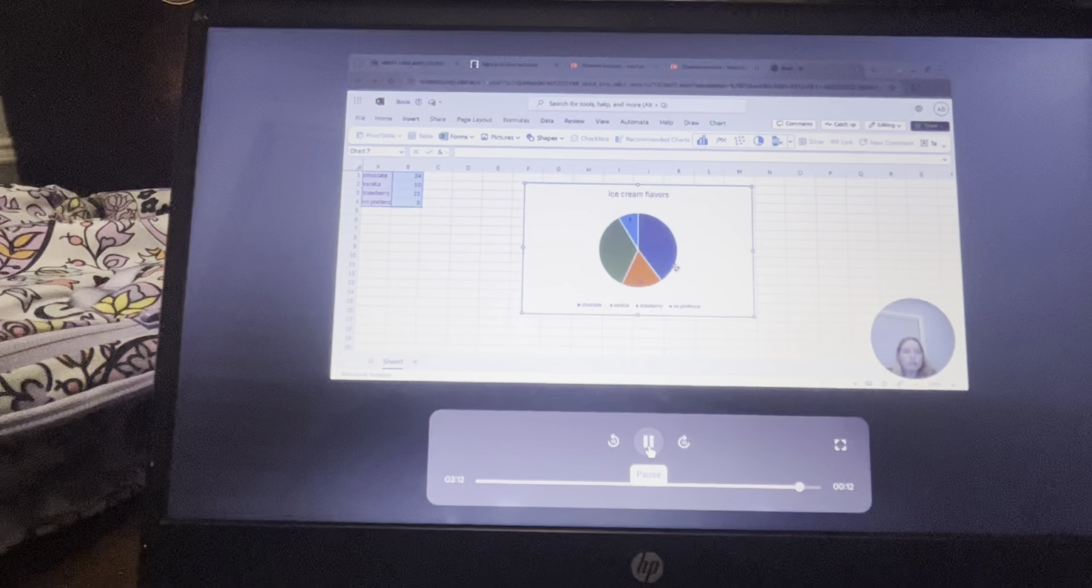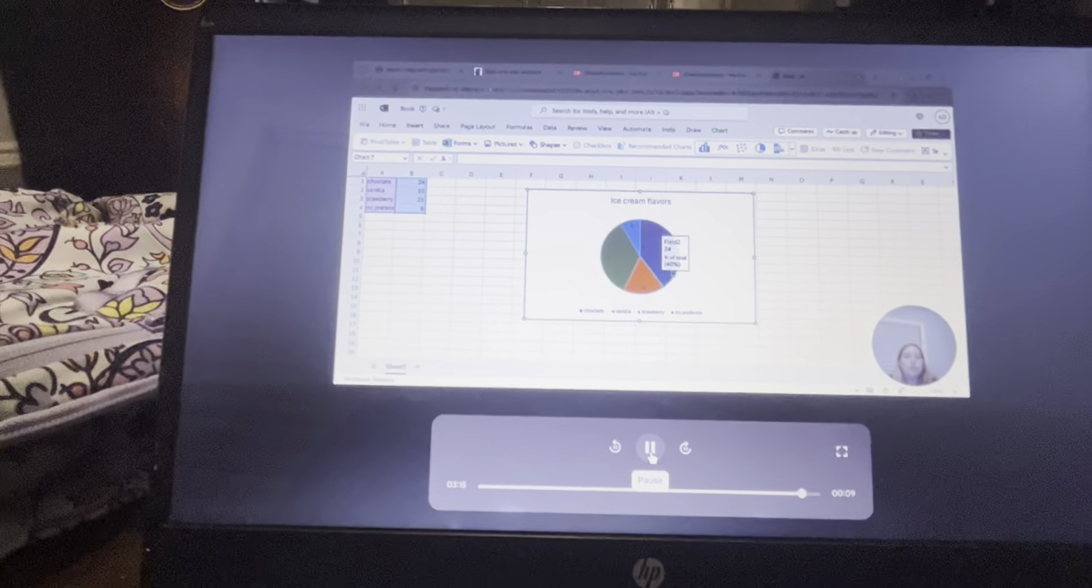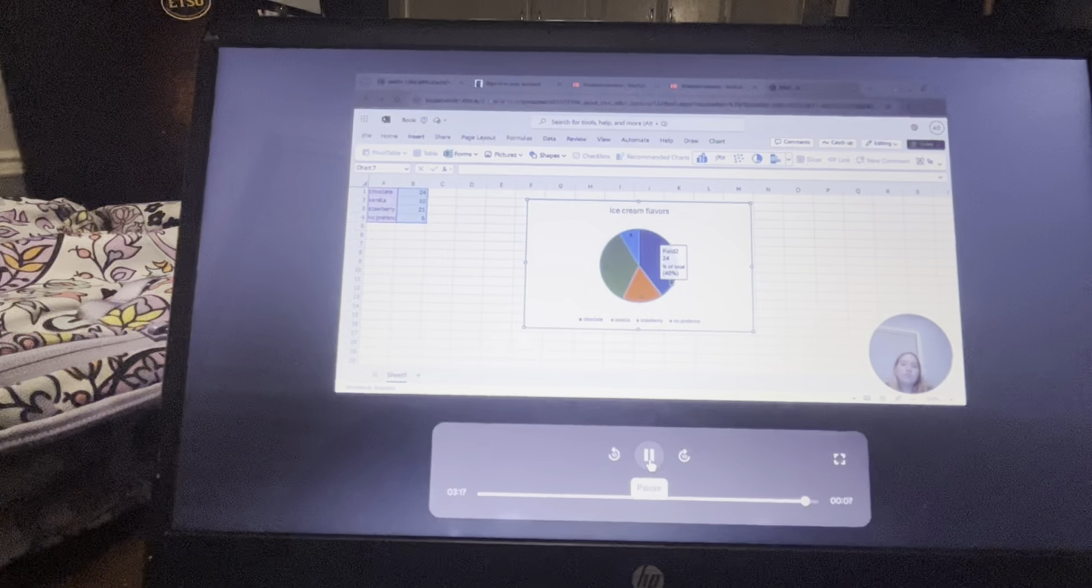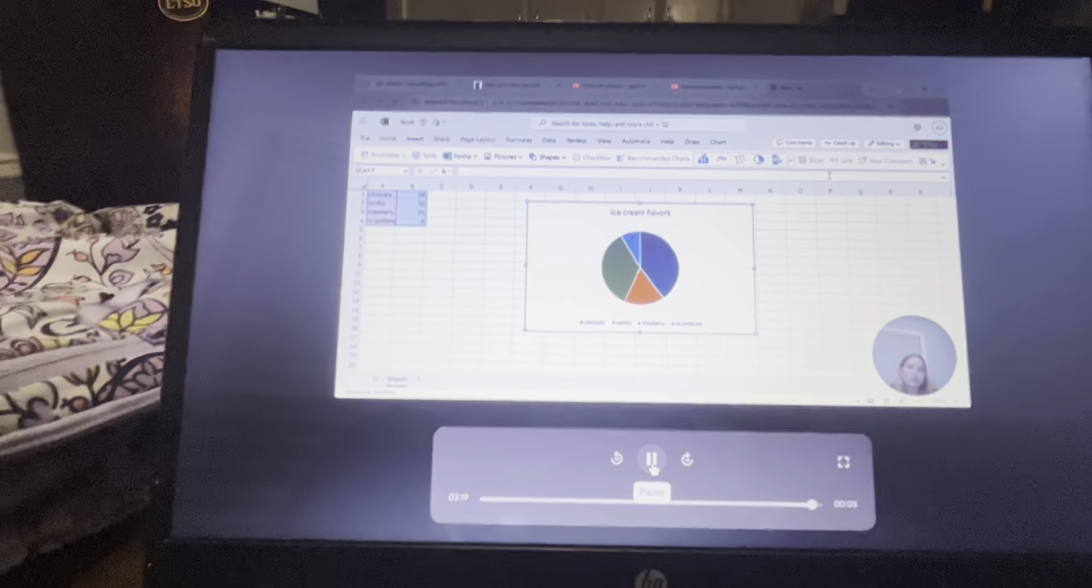So now we are going to move on to the paper and pencil and how to draw an actual pie chart. So let me